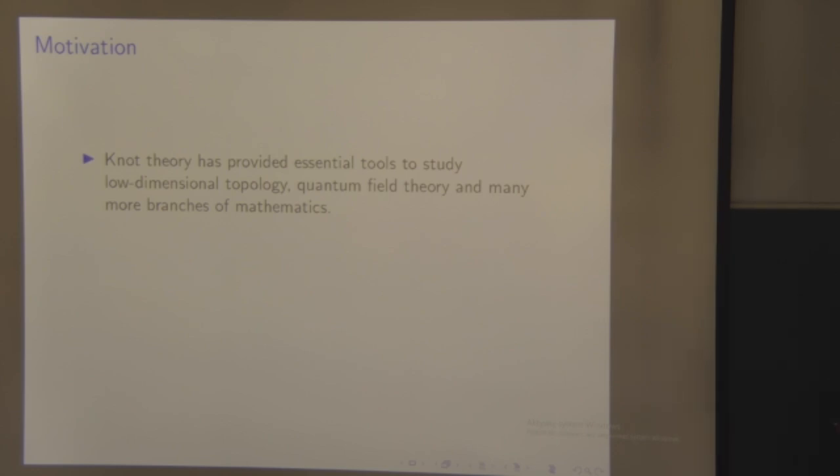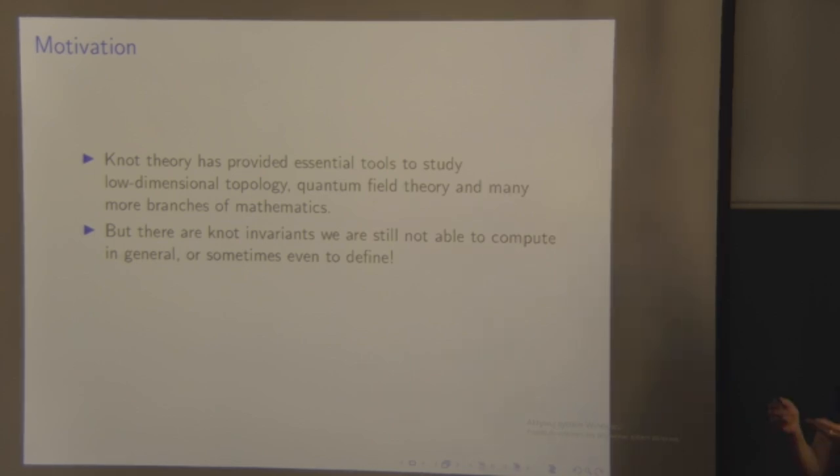So knot theory has provided many tools to study low-dimensional topology, quantum field theory, and more. But there are invariants that we heard about in today's lectures that are not just difficult to compute because they get so convoluted, but even difficult to define precisely and to have a systematic way of computing them. So in this context, this is where the knots-quivers correspondence attempts to make a breakthrough or to enhance our methodology